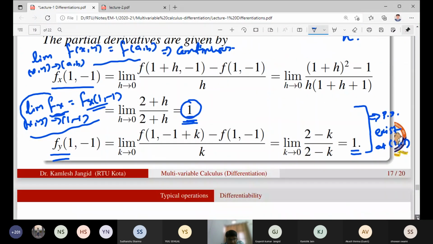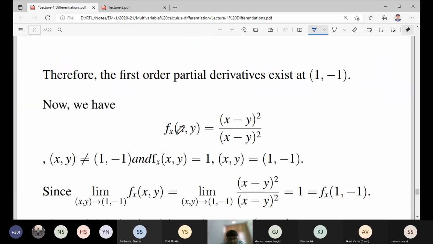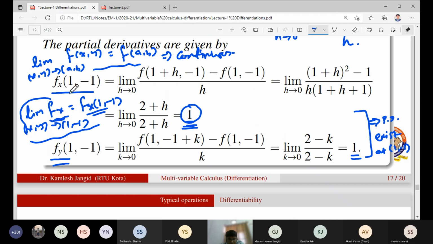So you can see that fx at the point (x, y) is (x minus 1) square divided by (x minus y) square for (x, y) not equal to (1, minus 1). And the value of the partial derivative fx at the point (x, y), what is the point (x, y)? It means (1, minus 1). It is plus 1,